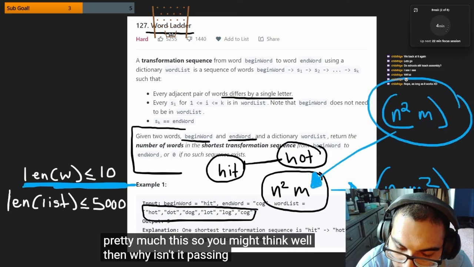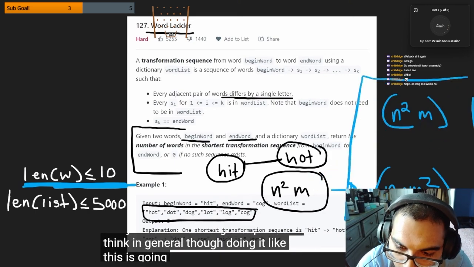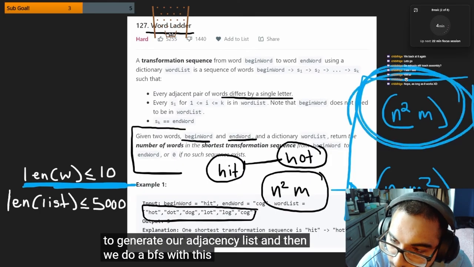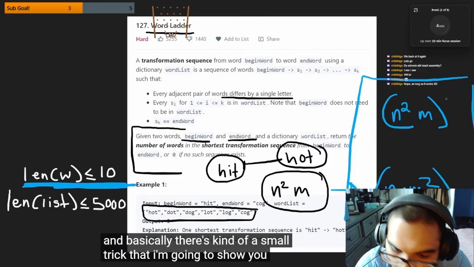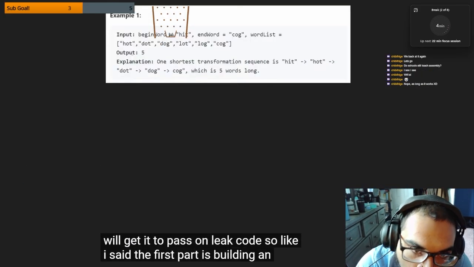So you might think, well, then why isn't it passing on Leetcode? And that's a good question. I think in general, though, doing it like this is going to be faster. We use this to generate our adjacency list, and then we do a BFS with this time complexity. And basically, there's kind of a small trick that I'm going to show you, which will get it to pass on Leetcode. So like I said, the first part is building an adjacency list, and the naive way would be